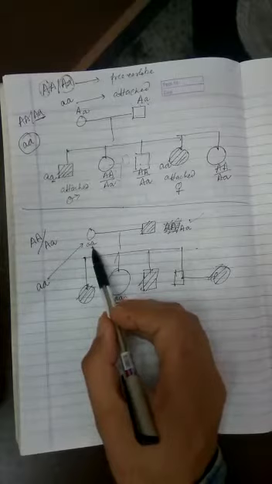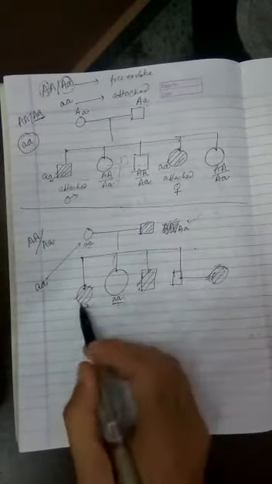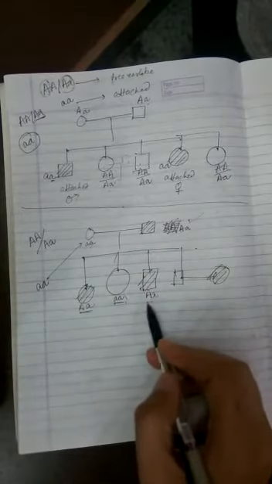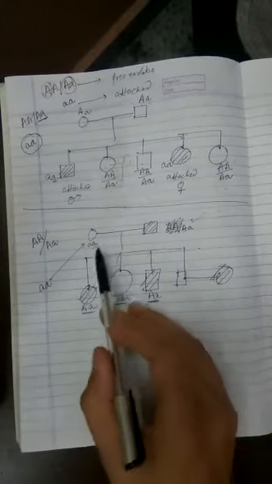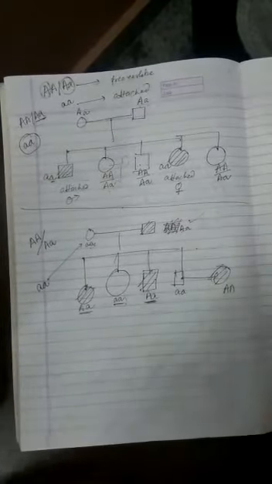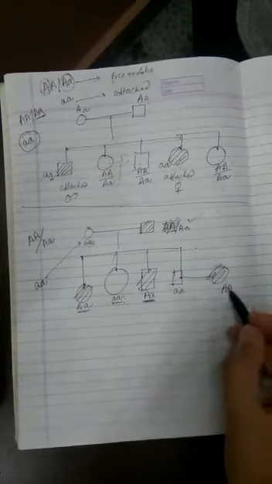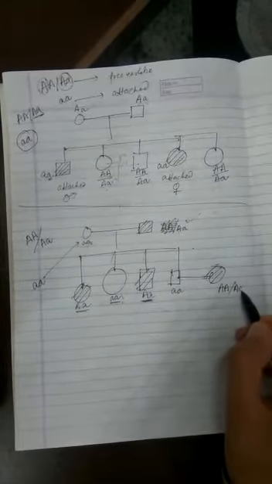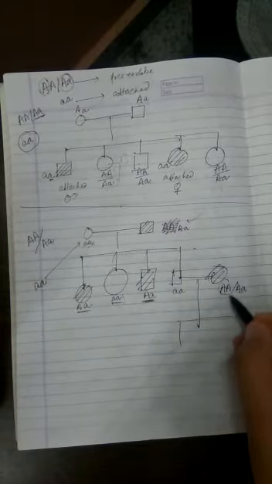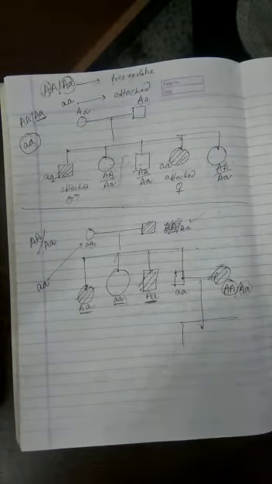Now it is very easy to cover the whole concept. One small a will come from here, one capital A will come from here. So this individual is showing the character. One capital A will come from here, one small a will come from here. This individual is also showing the character. Luckily, the two small a's have come here, and this individual is from outside the family, so only now this person can also be like this. How will we confirm? After their marriage. What is the result? That result will tell us whether this female is a homozygous one or the heterozygous one. I hope this is clear.